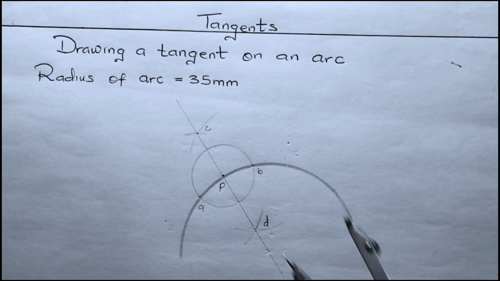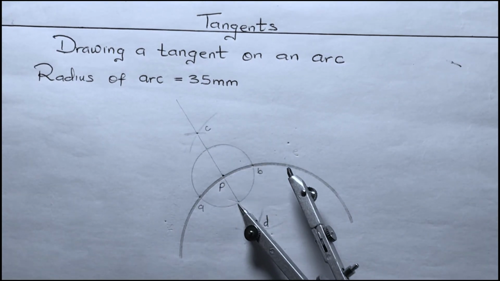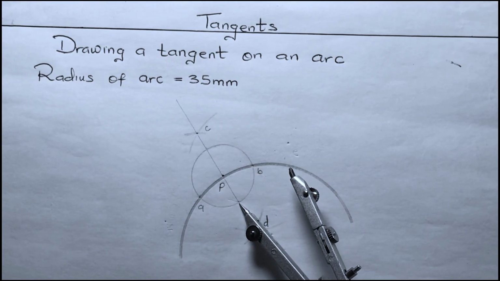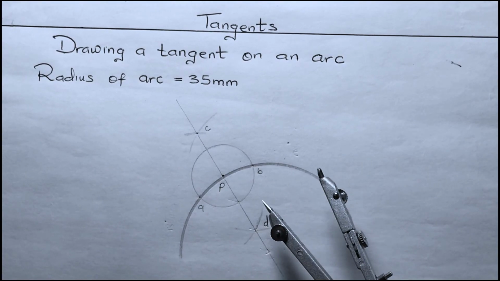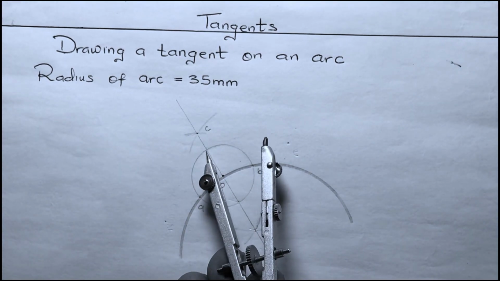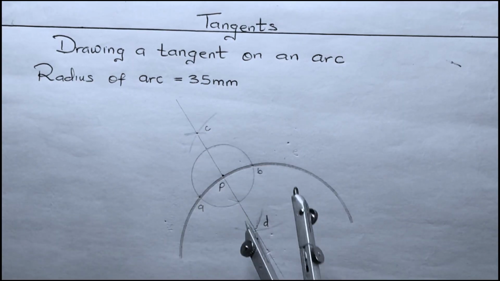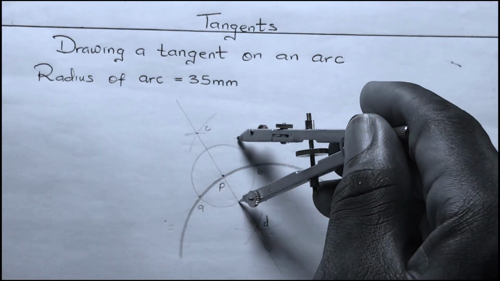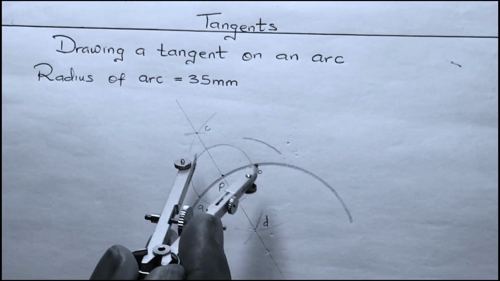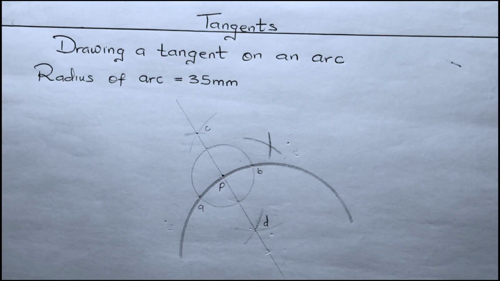Okay, so the next thing to do after we have our point C and point D, which cuts this circle into two, is to bisect the points at which the line CD touches the circle on two sides. So from this point, we mark an arc and then come to the other side and mark another arc to cut it. So we join the new point of intersection of this point,